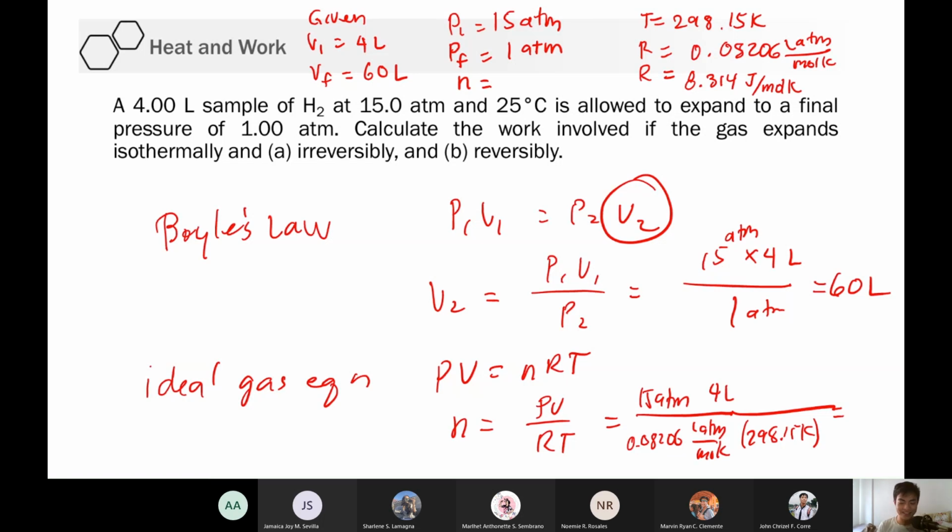O, Gen Chem yan, ha? So, kailangan maalala sila. Ayan, 298.15 Kelvin. So, we have 2.45 moles. Galing, no? So, kailangan mo ng idea ng Gen Chem to answer this problem. Okay? So, sabihin, ang Gen Chem ay important talaga. Ito sa gas laws to. Ito sa gas law lang din. So, you can use other equations bukod sa mga binigay ko.